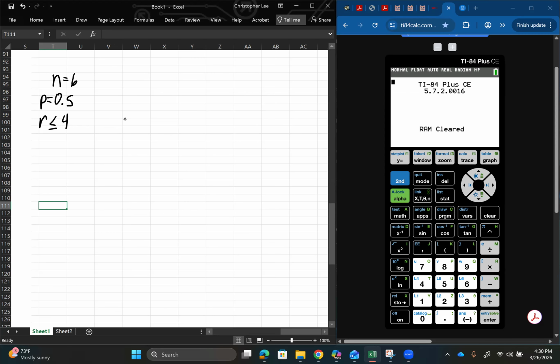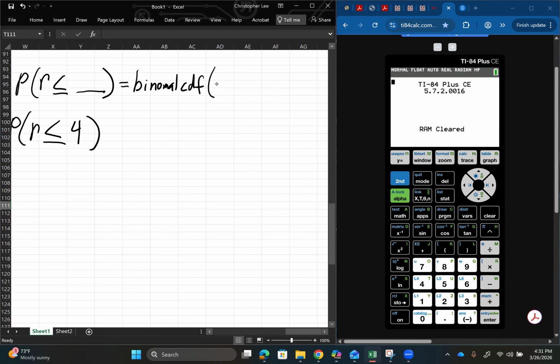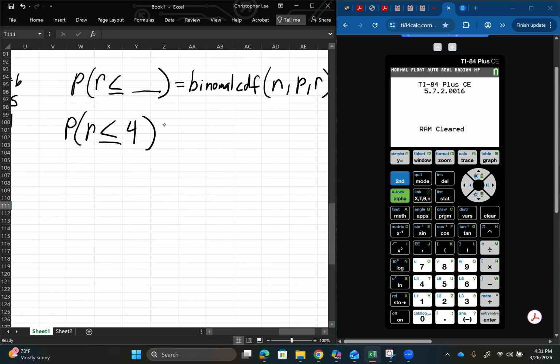Okay, so here's the question. They want to know what is the probability of R less than or equal to 4, right? In your calculator, the probability of R less than or equal to a number is equal to binomial CDF, all right? And then you put in your N, comma, P, comma, R, and that's it. So for this question,